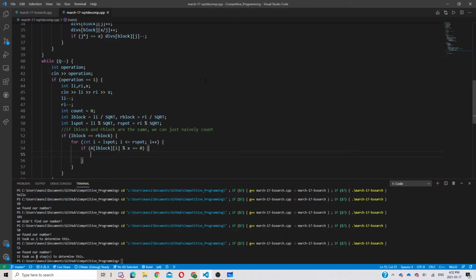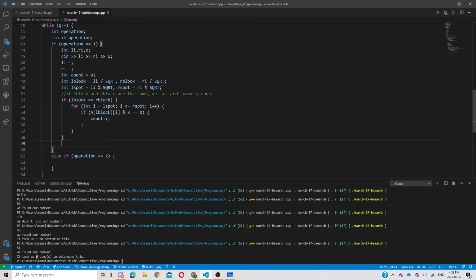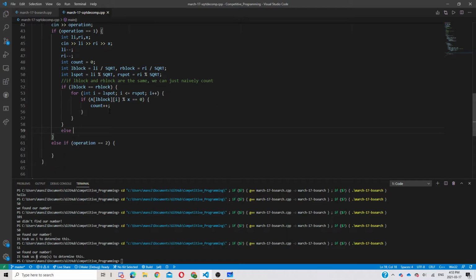So if A of L block I mod x equals 0, then this number is divisible by x. So we just do count plus plus. And that's the case if L block is equal to R block. Otherwise, we need to check all of the possible values